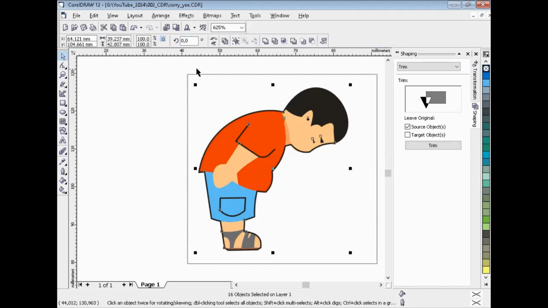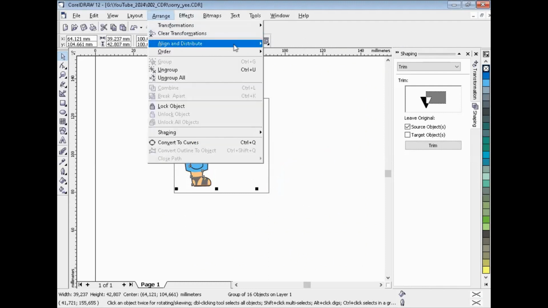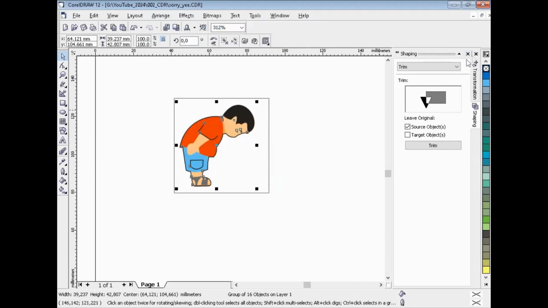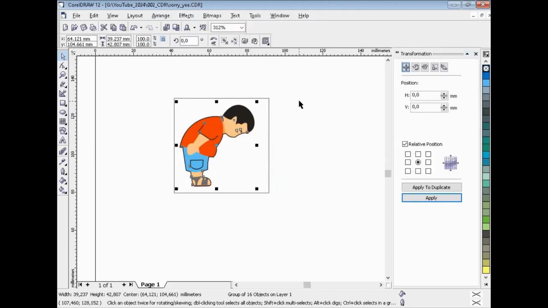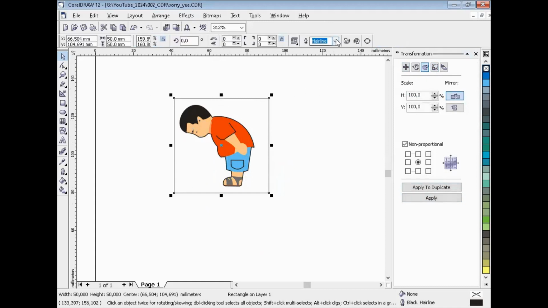Now make a group like this. Yeah, and then I will use transformation. Where is it? Transformation. This. Okay, I want to apply here. Okay, that's it. Yeah. Now I will convert this